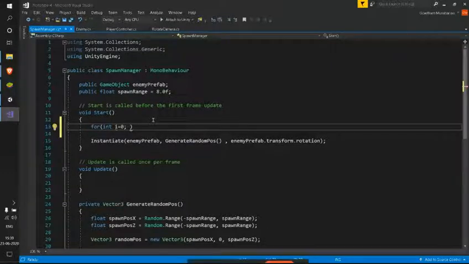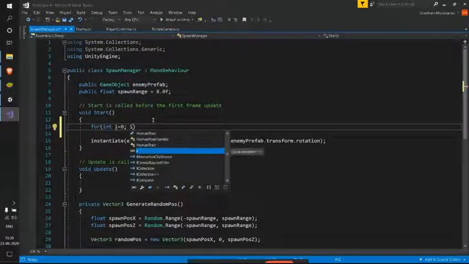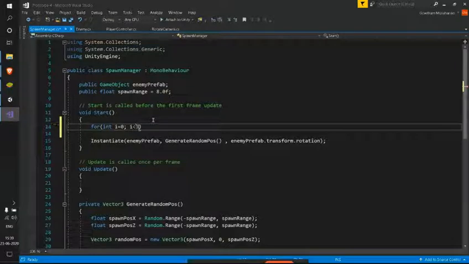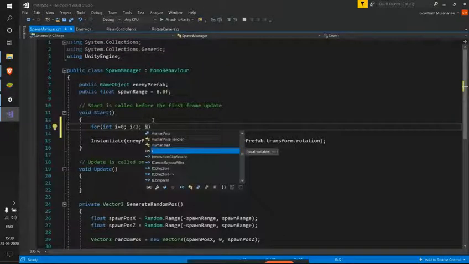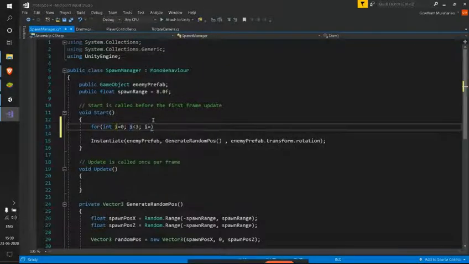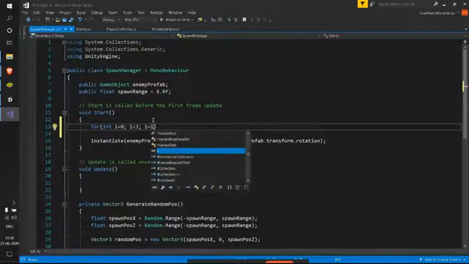I'll be using this variable to control how many times my loop runs. To control this, I need a condition. This time, let's say I want to run this loop 3 times, and I need to find a way to increment this.